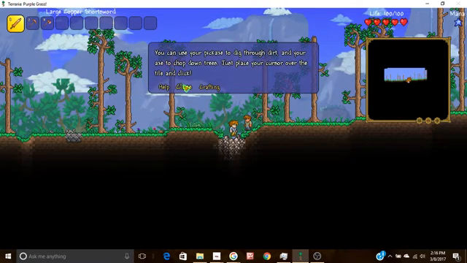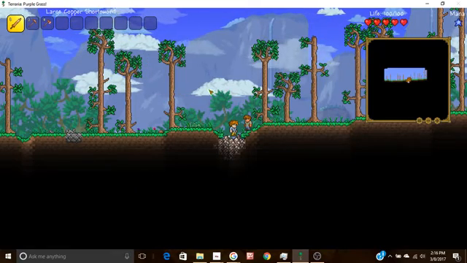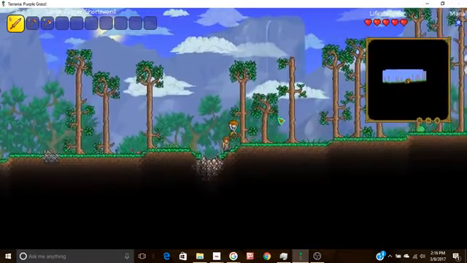You can use your pickaxe to dig through the dirt, and your axe to chop down trees. Yes, so this is the function of Terraria. You're going to want to be making